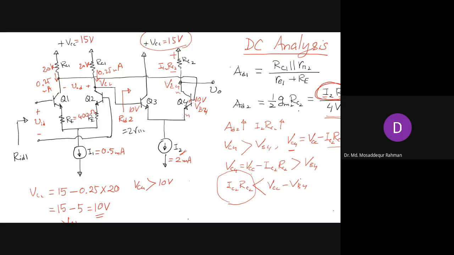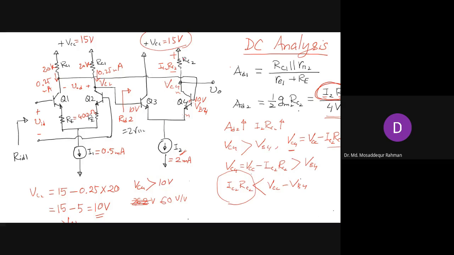Like our example, the overall gain that we calculated was 262, but the gain for the second stage was 60. So if you have a gain of 60, the example that we took here,